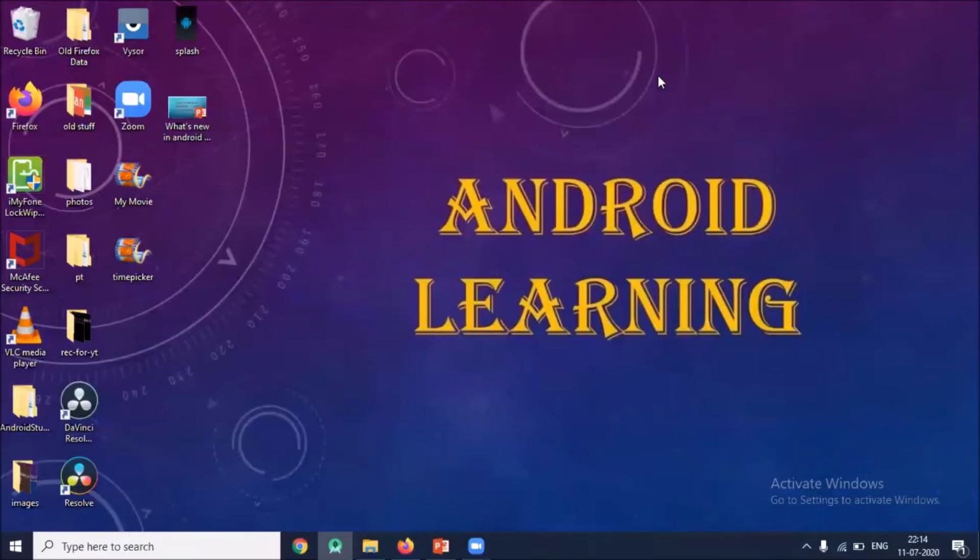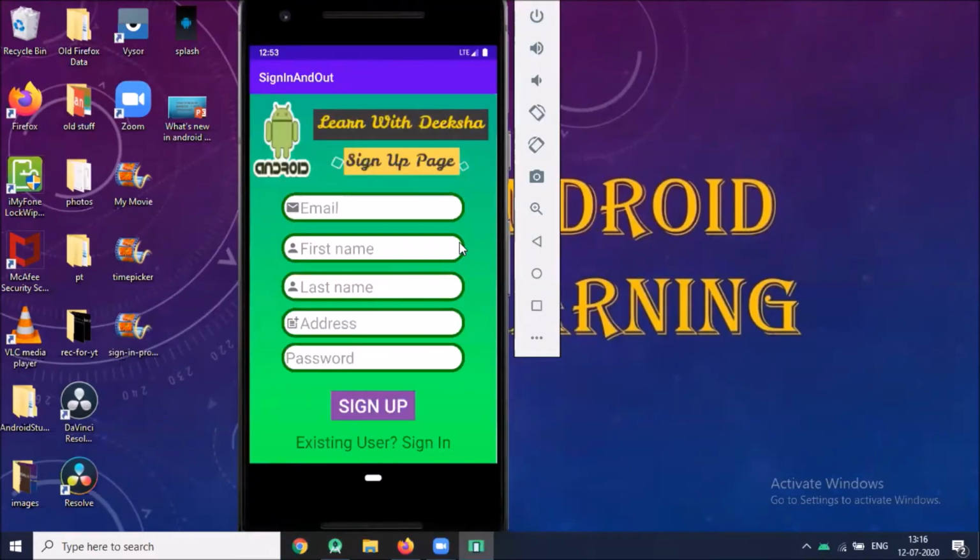Hi, today I'm going to show you how to create sign in and sign up page in Android. This is the landing page of our app, and we will create sign up page for our logo. We edit our background. Here we use image view, and then we add few edit tags for email, first name,